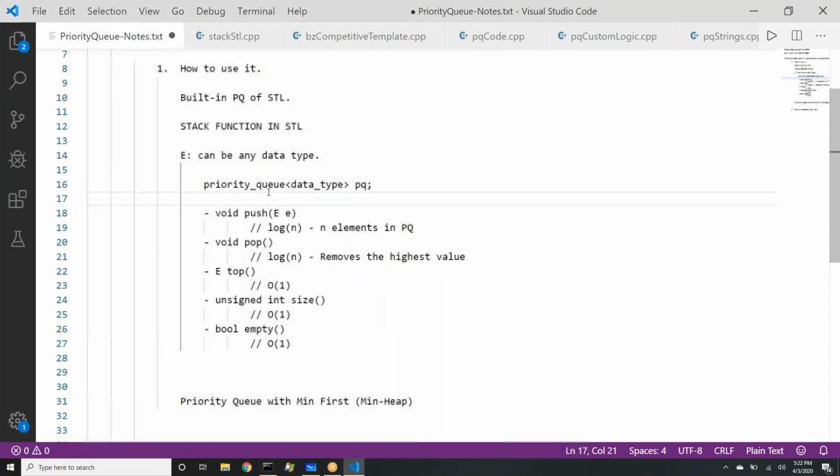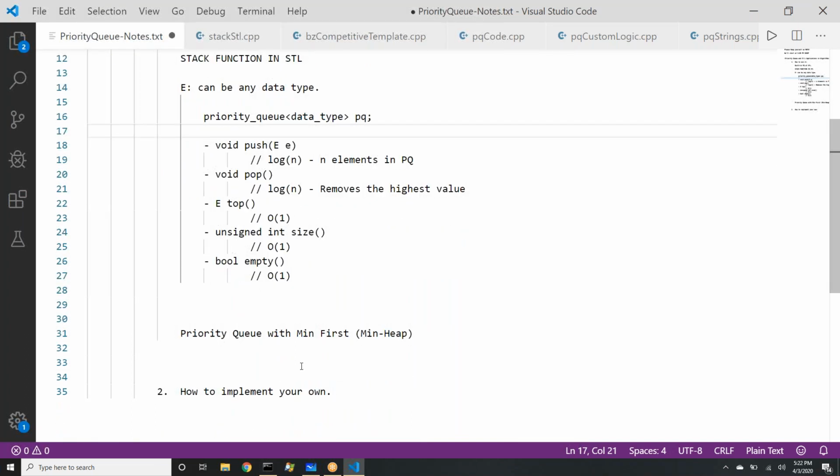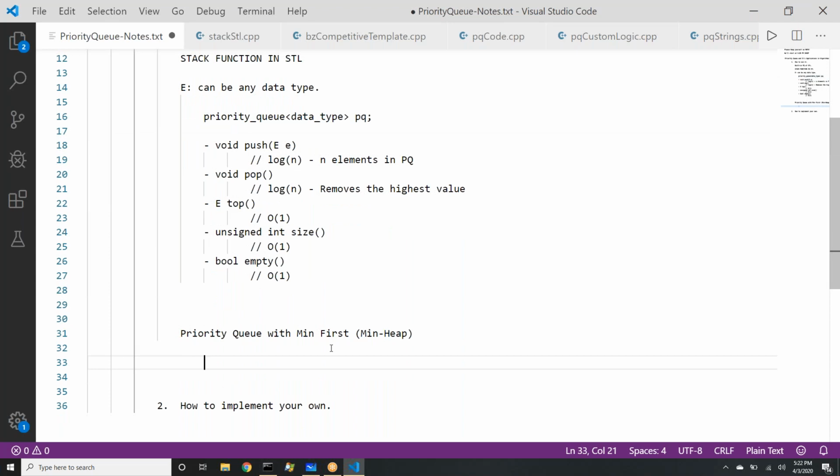Now, whenever you want the reverse order, you just have to change the declaration. Rest all will remain the same. The declaration will become priority queue, then whatever data type you have to put. Second parameter is fixed, and you must keep it the same way: vector of that particular data type.